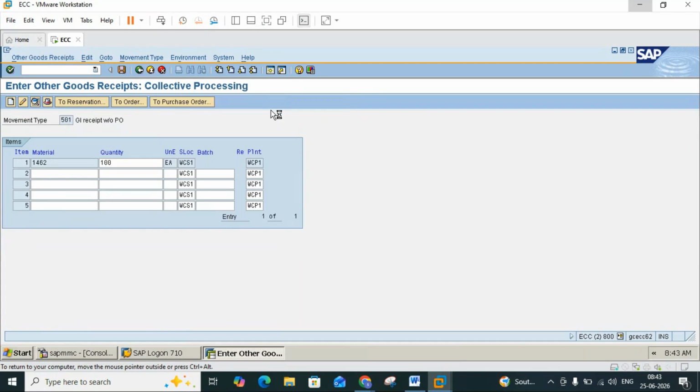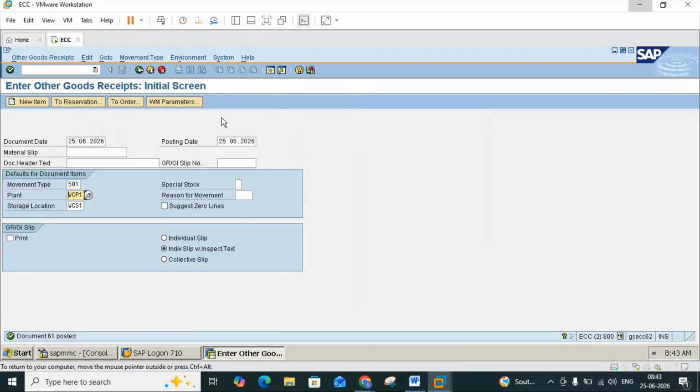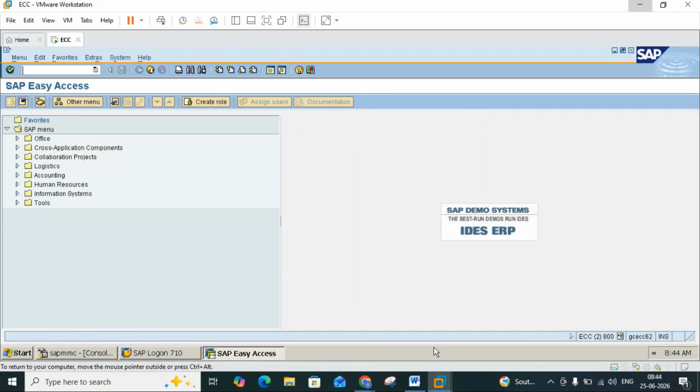Now again I'll do the PGI, post goods issue. So now if I check the stock in MMBE, it will show in unrestricted for 1462, it will show 100, okay? Yeah, so again, I'm going to PGI, post goods issue,